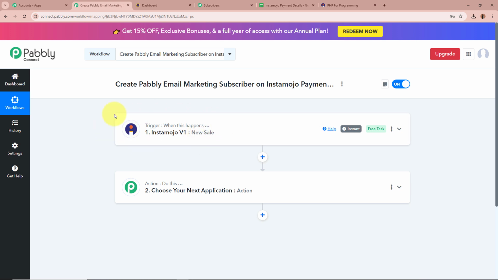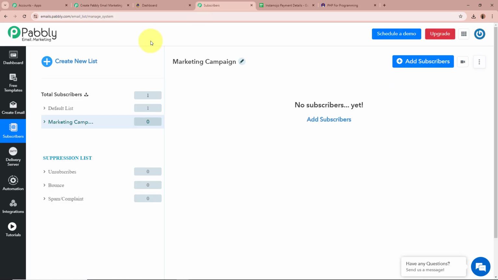After setting up the trigger step, now we are going to set up our action step, and our objective is that as soon as the payment is done by any of our customers using Instamojo, automatically that customer should be added as a subscriber in my Pabbly email marketing account. Okay, I want to add that customer as a subscriber in the list that I've created in my Pabbly email marketing